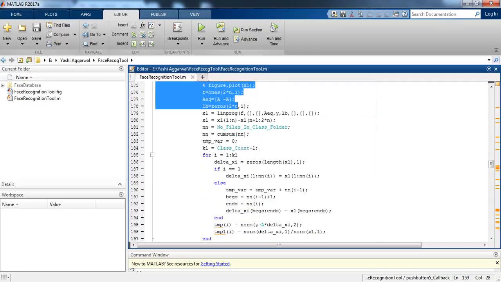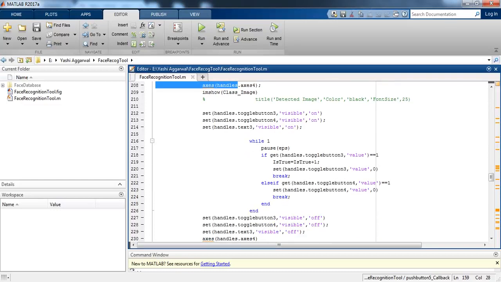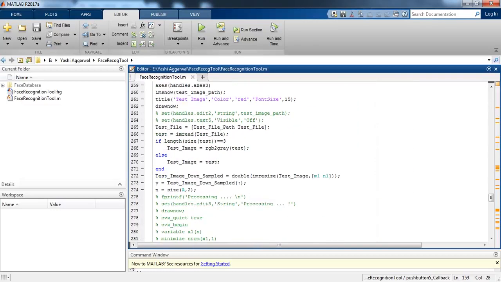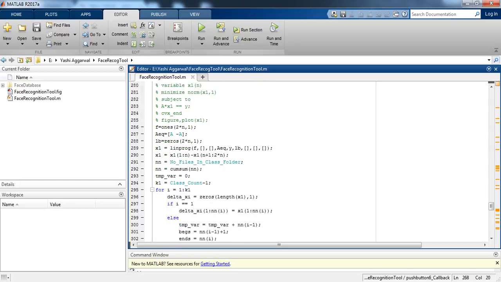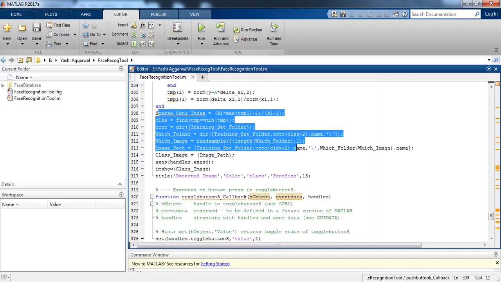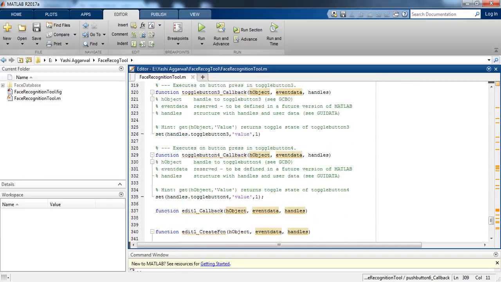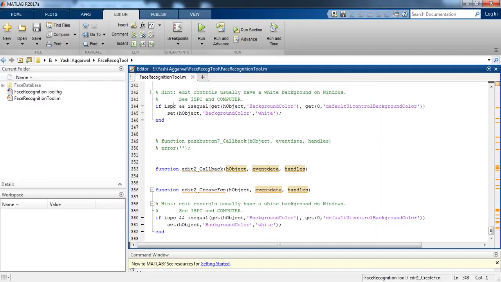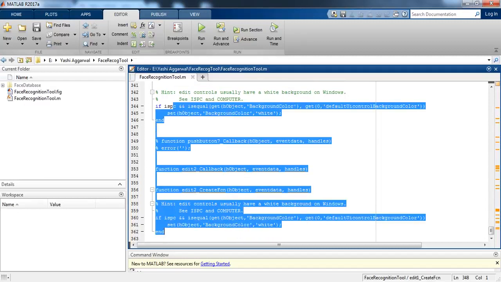This is for the test image. After that we are doing sparse representation, and at the last we are displaying the output.